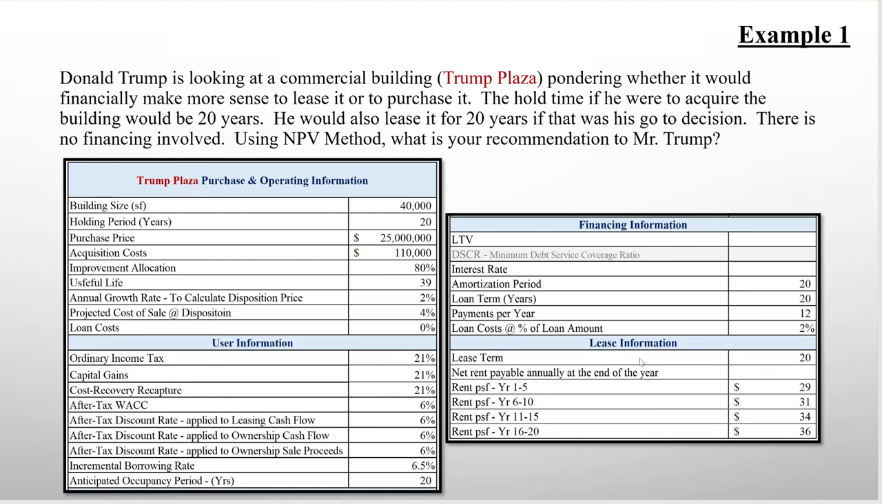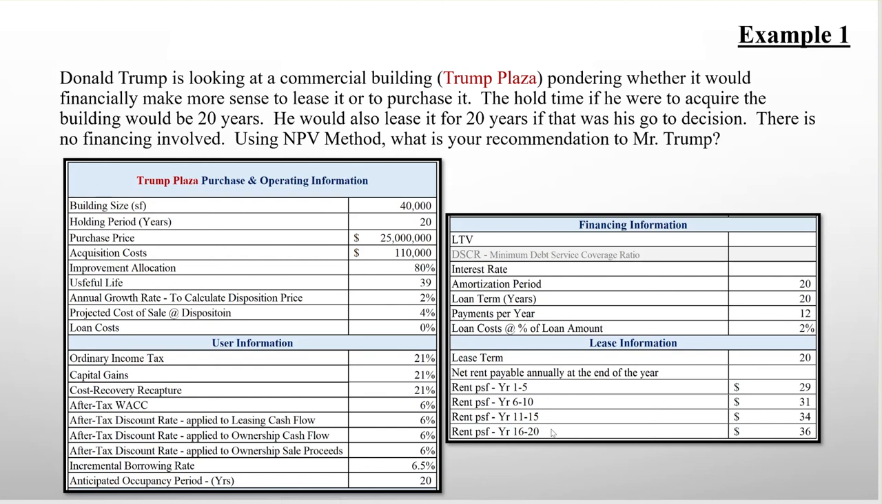Next thing that's important is the leasing information. The rent per square foot for year 1 to year 5 is $29. And notice that there's an escalation here. From year 6 to 10, the rent has gone up by $2 to $31 a square foot. From year 11 to 15, rent's gone up another $3 to $34 per square foot. And from year 16 to 20, there's another escalation of $2, and we'll end up with a rent of $36